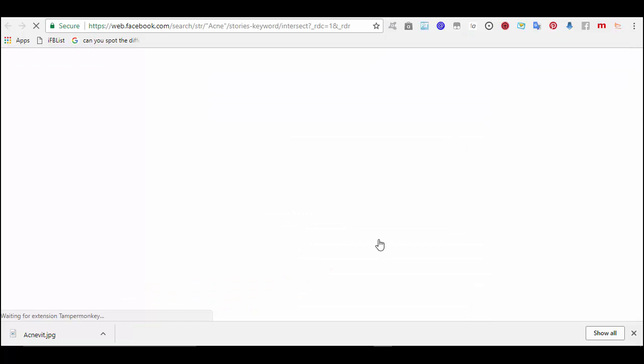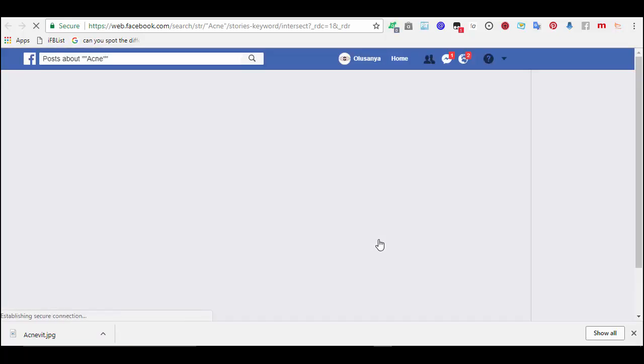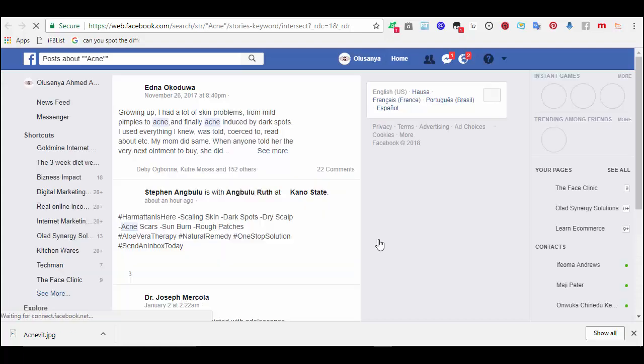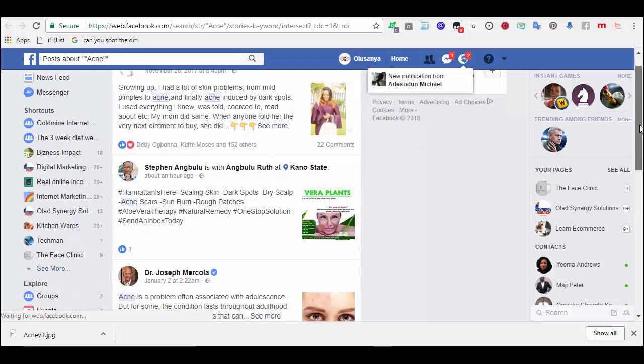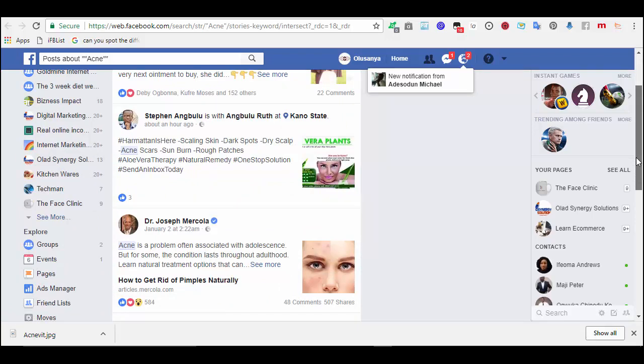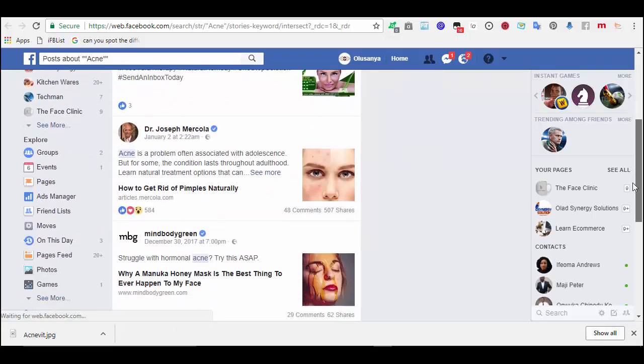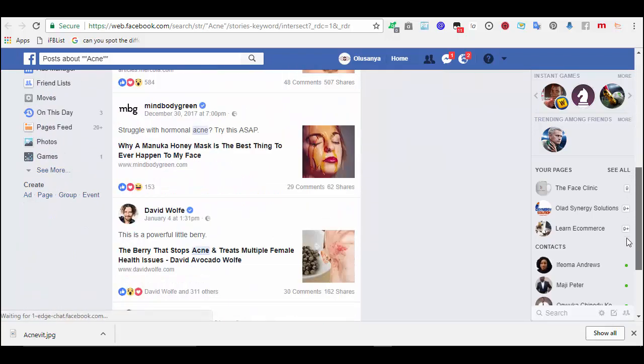It will take you to the Facebook page straight. It will now go and mine anywhere acne stuff is, or acne cream and everything. Can you see? This one says going up, and oh, this one is acne. Okay, so you can search.